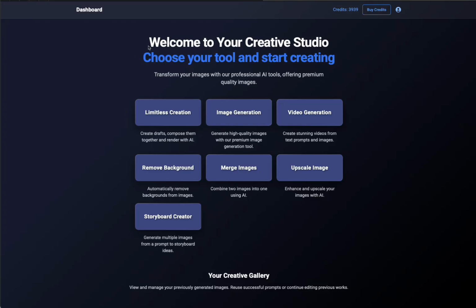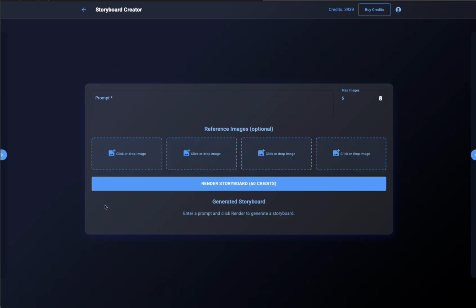I am signed up to ai-image.pro. We've got different sections here. I'm going to feature the storyboard creator. So if we click on that, we see that we've got reference images that we want to include, a property area where we can enter the